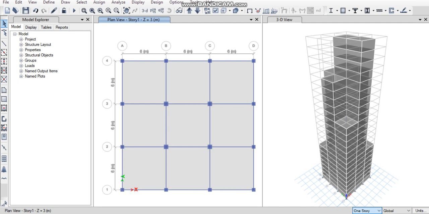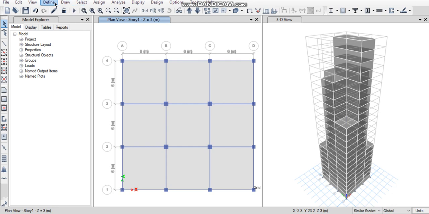We need to keep similar stories here so that 1 to 8 will get assigned the same columns and beams. In this way, we will be assigning the different columns and beams based on structure and the slabs. And on the top floor, we consider the same as 20 to 23 stories.